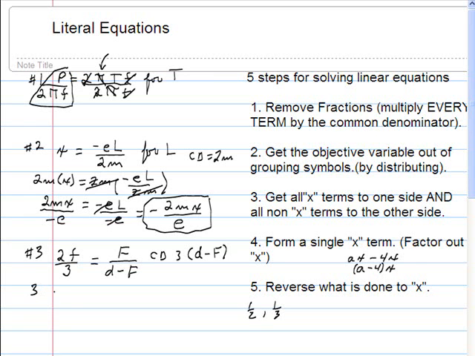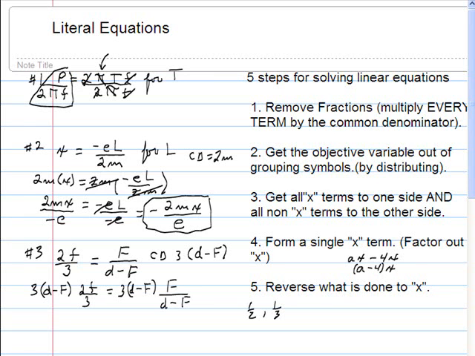So 3 times d minus f, and that's a capital F now, as distinguished from the small f. Notice the 2 f's. They're different variables. If you use a different symbol, you have a different variable. So I could have called that A, and I could have called that B, for example. But for some reason, we wanted to call them both f, so we do that. So we take 3 times d minus f, and we multiply it by the first term, 2f over 3. And then we take 3 times d minus f, and we multiply it by the other term, f over d